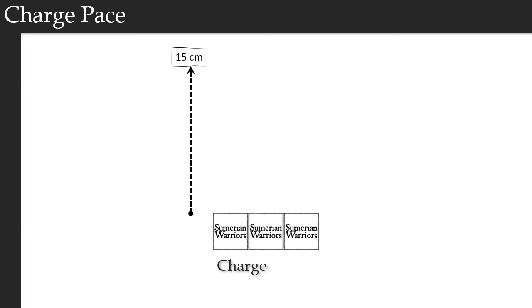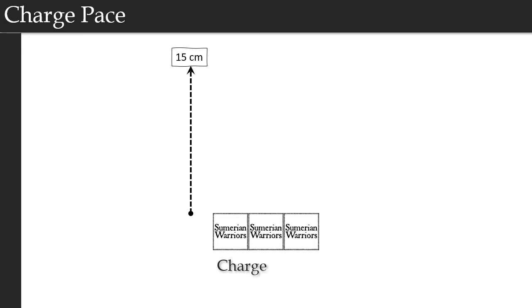On the downside, moving at a charge pace is not a pace that's intended for a unit to maintain for a long period of time. These are soldiers that are running, so some are going to be faster than others. They're carrying heavy weapons, heavy armor. There's a lot of adrenaline just pumping through their systems. So maintaining that formation discipline for any kind of prolonged period of time while at this pace is a difficult